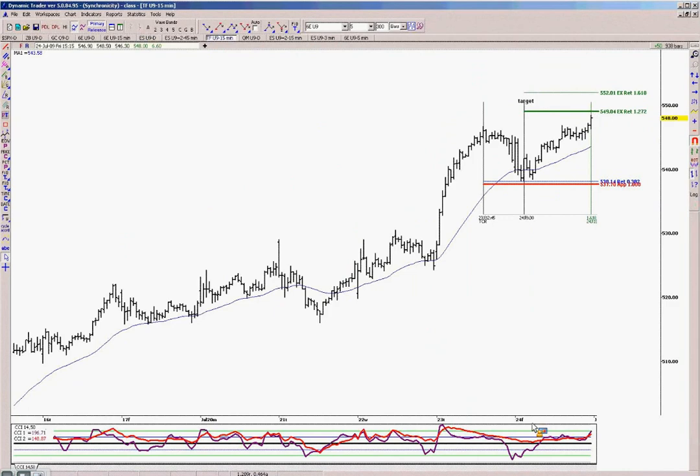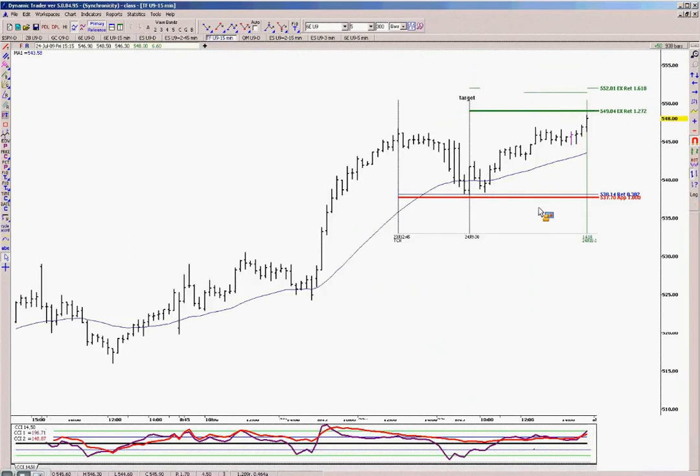Now what's interesting in this case is not only do you have these extensions in price being met, you have extension in time of the high to the low swing. 1618 in time came in pretty much at the close. So does that mean we're definitely going to roll over on Monday morning? No, not necessarily. But will we watch for it because of those factors? Absolutely. So that's something we'll watch.